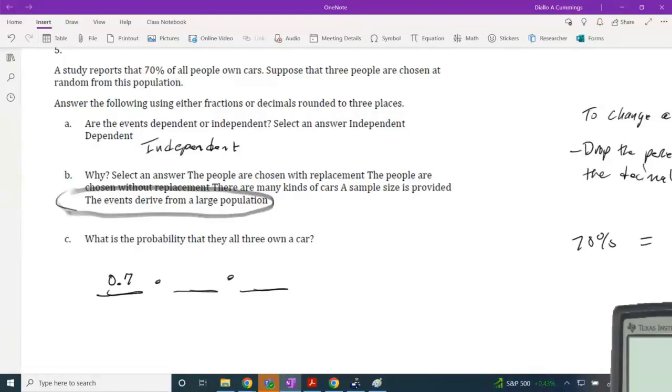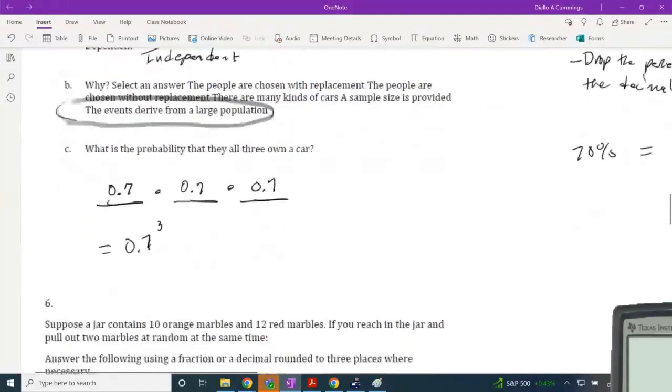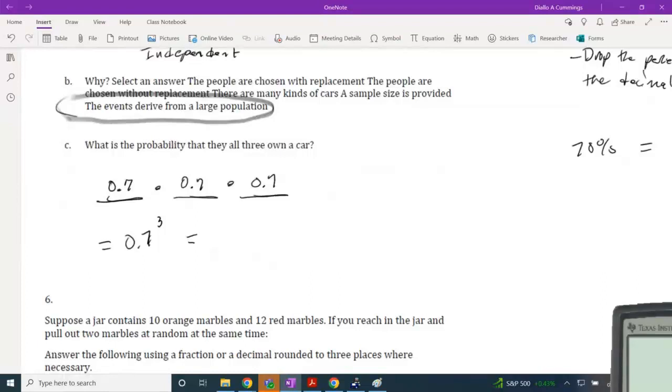Well, it's going to be that same 70%, right? So that's 0.7. And the probability that the third person owns a car would also be what? 0.7. So that percentage was given, 70%. We just simply had to use the fundamental principle of counting with 3 people. So now in order to get the probability that all 3 own a car, I'm simply going to multiply. So that's 0.7 to the third power, which is,